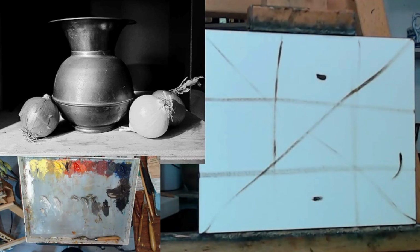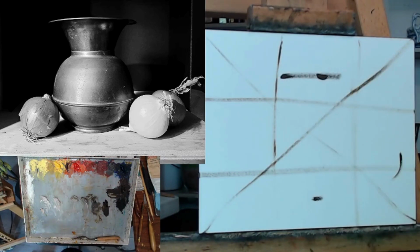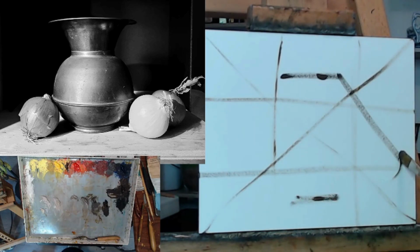Now I'm doing more than what I normally would. I normally just kind of guess it, but I wanted to give you an option if you wanted to be more precise. And so what we've got here is a bit of a triangle, a little bit. And it's just going to come down to here. And we've got